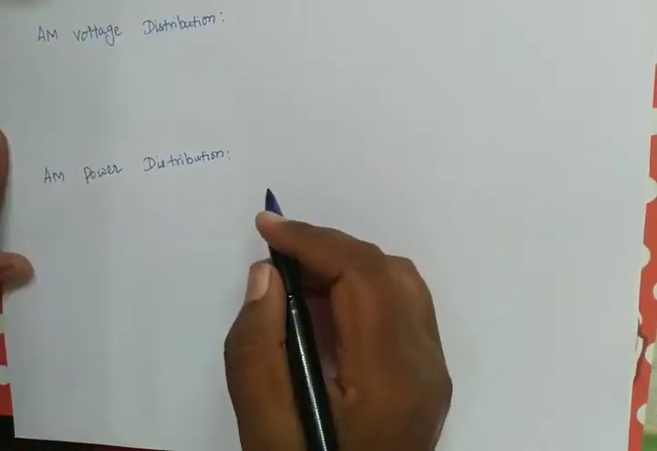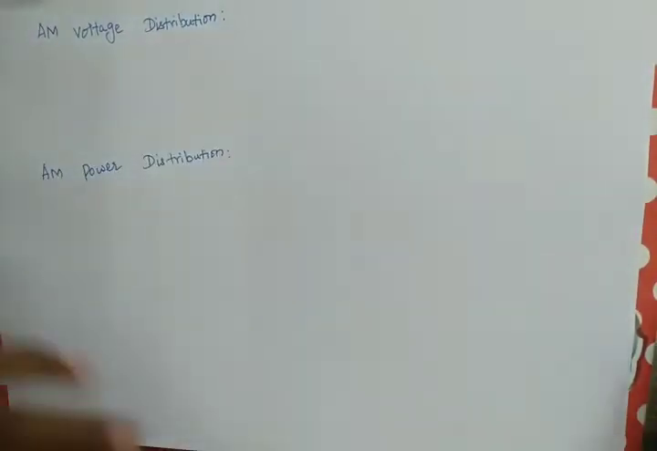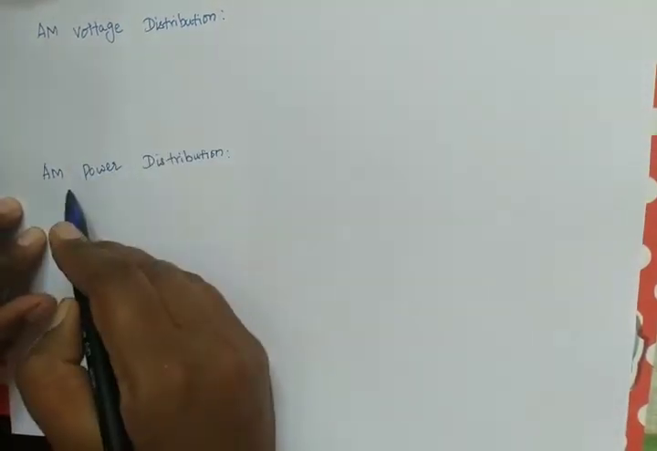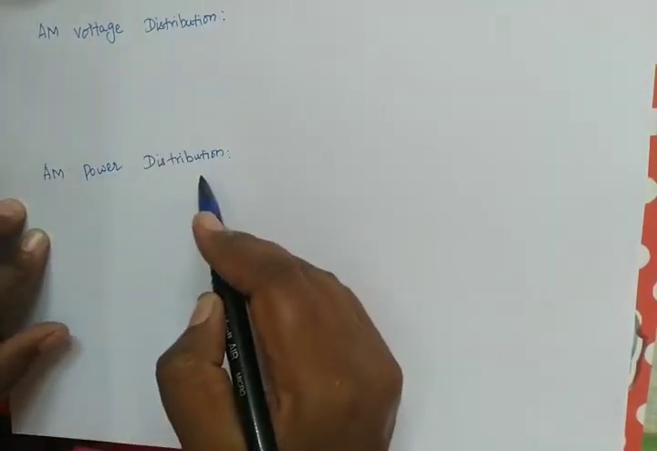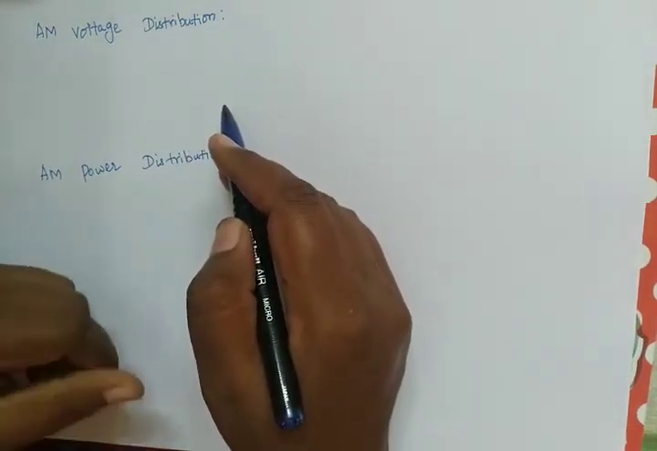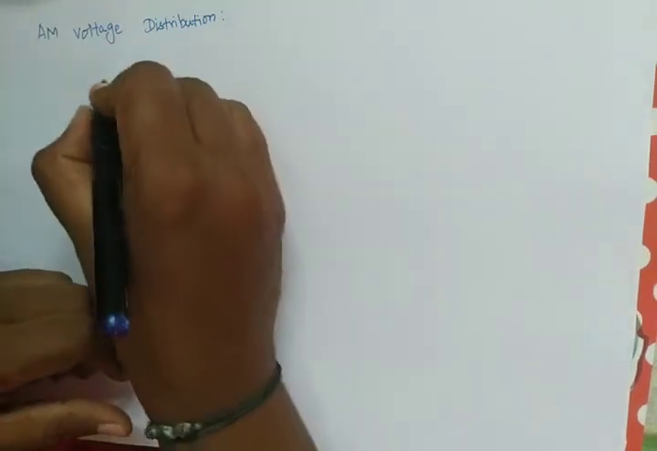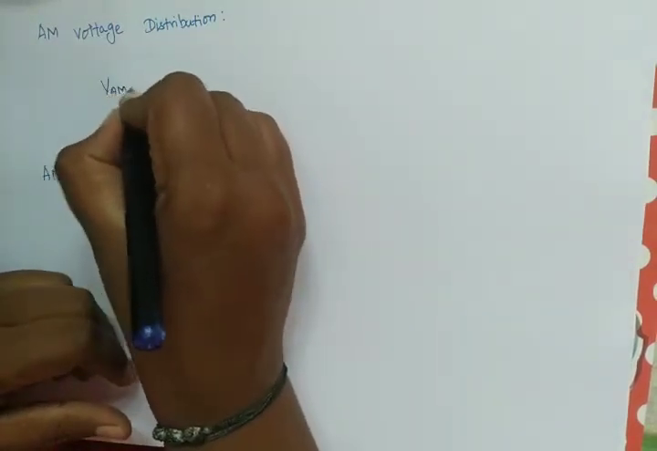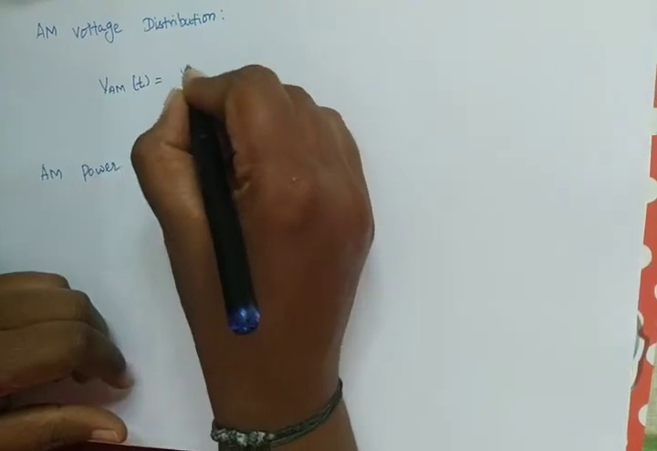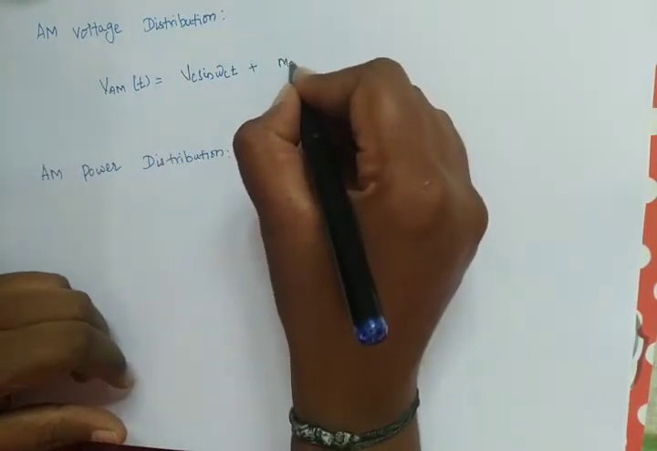Good morning. Today we will see AM voltage distribution and AM power distribution, that is, amplitude modulation voltage distribution and amplitude modulation power distribution. In the previous class we have seen that AM DSB FC, that is amplitude modulation, double sideband full carrier, has the equation V_AM of t is equal to V_C sin omega_c t plus